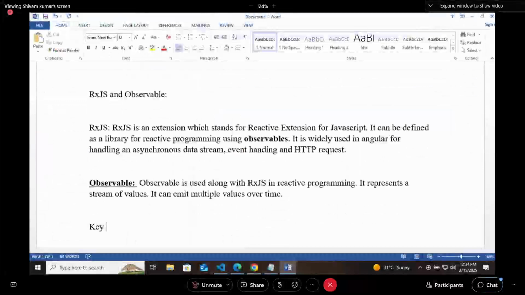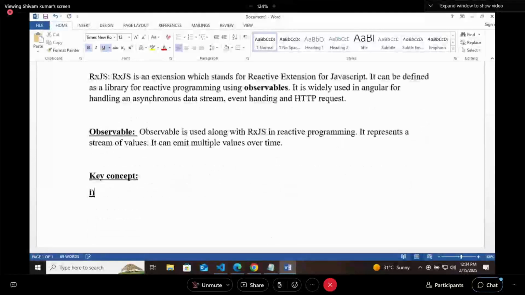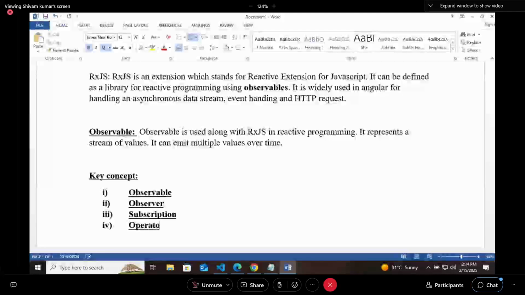It has some key concepts, and those key concepts are simple. The first one is observable itself. Then we got observer, then subscription, then operators, subject. These are some of the key concepts in observable.